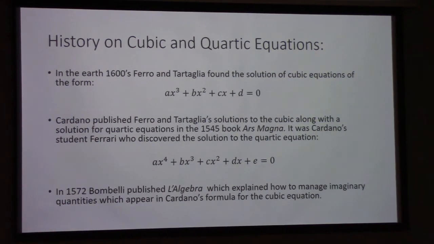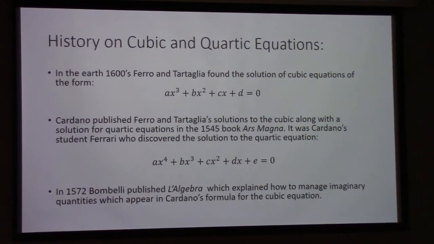But it seems that the cubic and the quartic equations were first solved by European mathematicians, at least in the 1600s. So Ferro and Tartaglia solved the cubic equation. That's actually not quite accurate. They solved, that's a lie. It wasn't one cubic equation they solved, because at this time in history they also rejected negative numbers, because they only could think about positive numbers for various geometric reasons again. They're still stuck in that geometric idea.